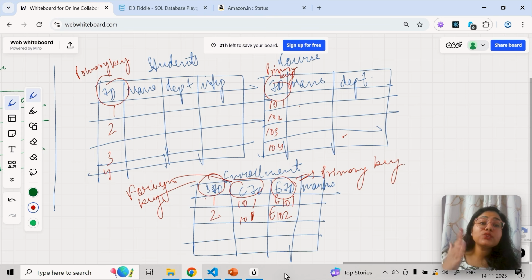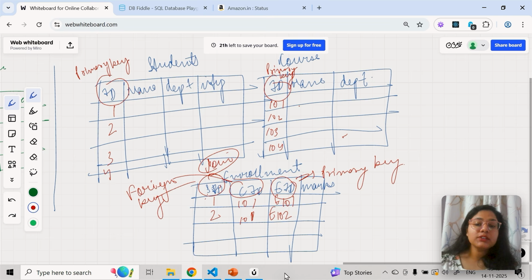So what I want to get is the student's name. Now the student's name is present here, and the student id is present here, so I have to do a join of these tables, right? An inner join. I want to get all the students, plus all the students who have enrolled, so then that becomes a left join.